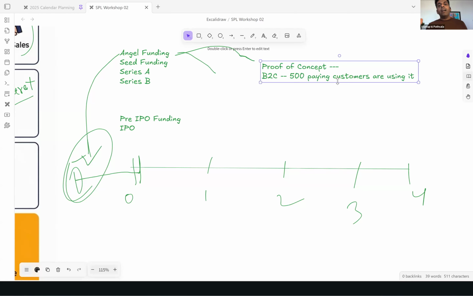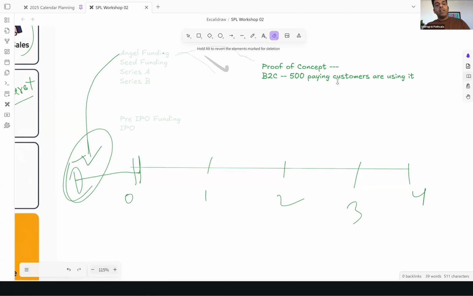वो सब करने के लिए I basically need some amount of money, and that amount of money is what we ask as angel funding. This is proof of concept ke liye angel funding, right? For all of y'all at the initial stage of idea, this is fundamentally what matters, right? Now the question is, acha ye, then we'll understand what is the next milestone we would want to achieve, right?